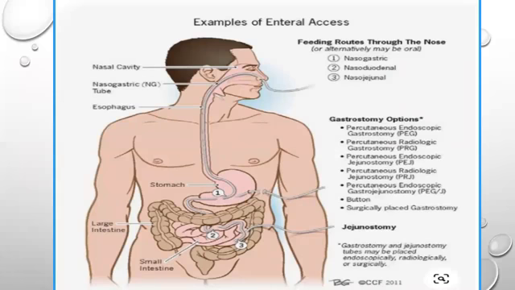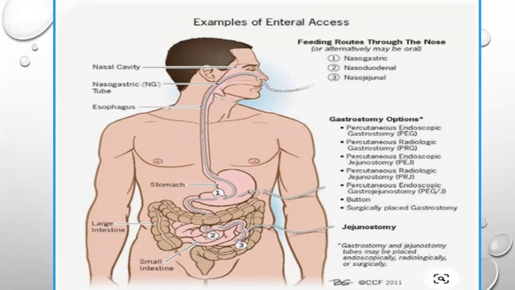And here's just some examples of enteral access, right? So short-term enteral feeding options. So typically nasogastric, right? An NG tube from the nose directly into the stomach, or an NJ tube, which is a nasojejunal tube. So that's from the nose into the jejunum of the small intestine. Long-term, typically they're placed using radiologic or surgical techniques. Okay, so you can see where the NG tube is, and you can see a visual of how it goes right directly into the stomach.